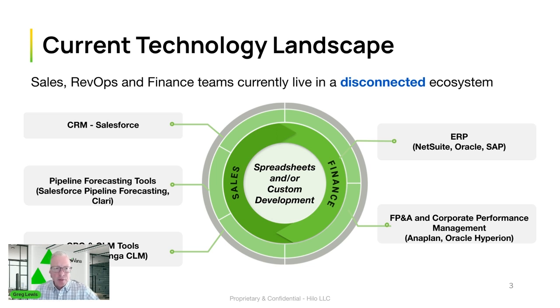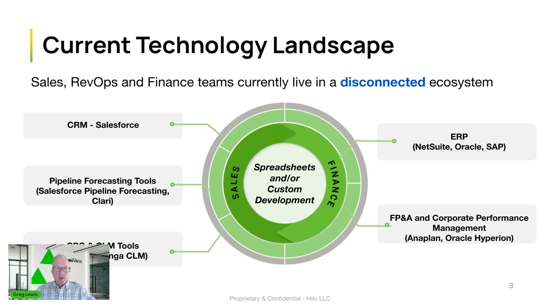Let's talk a little bit about the current technology landscape as it pertains to forecasting. There's the pipeline side of things, where there's a variety of pipeline AI forecasting tools. There are exciting announcements at Dreamforce with what Salesforce is doing in this area, tools like Clary, and so on and so forth. There's also the extension of contract management, order management, and a lot of functions that used to be back office. Now with Salesforce RLM, Revenue Lifecycle Management, these are pushing down into the CRM world as well. So you have that on the left side of the screen.